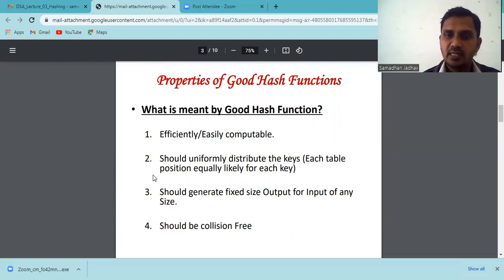This hash function should be easy to compute, as well as it should efficiently generate the index for each and every key which is to be mapped in a hash table. Now, the second property is that it should uniformly distribute the keys in a hash table. It is okay when a hash table is of small size like 10 locations or 20 locations. But if a hash table is of size like 100, 500 or 1000 locations,